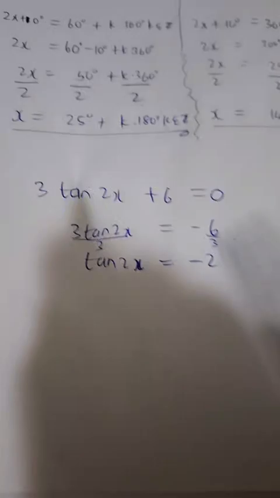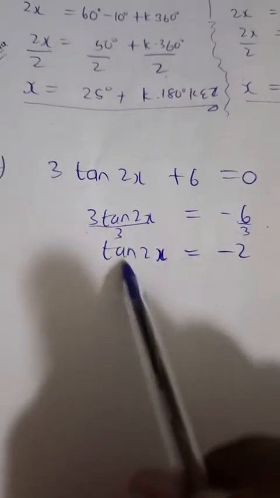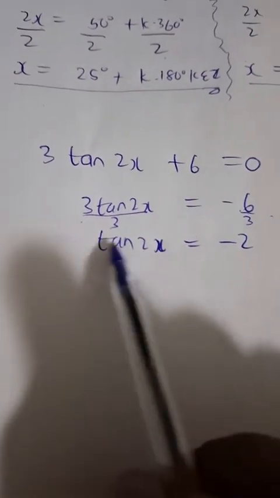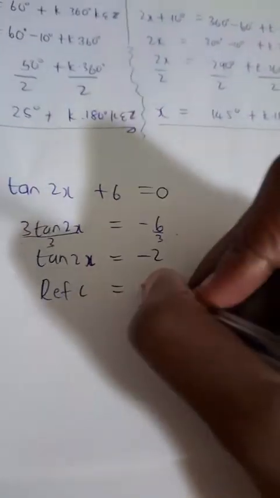Now, we are at that place. The trig ratio is isolated. 2x is a family. There's nothing more you're going to do, right? You're going to keep the tan 2x. And then we are going to write a reference angle is equal to